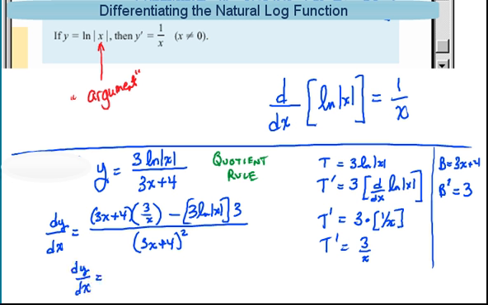All right. Remember, we had bottom times the derivative of the top. So I have the 3x plus 4 times 3 in the numerator. So it's going to give me 9x plus 12 in the numerator. And x in the denominator. And then I've got the 3 times the 3,